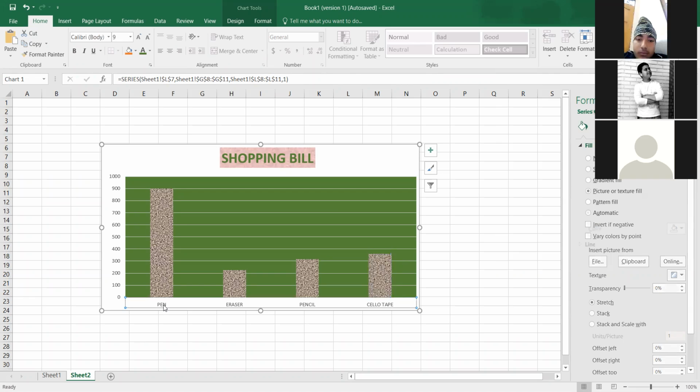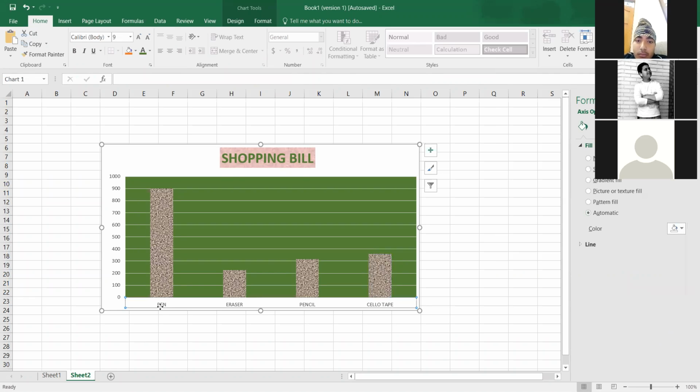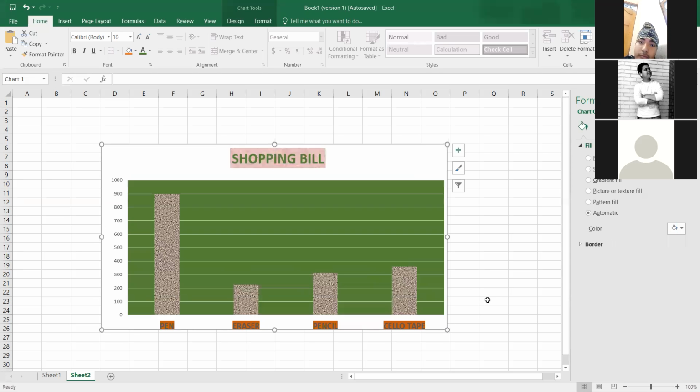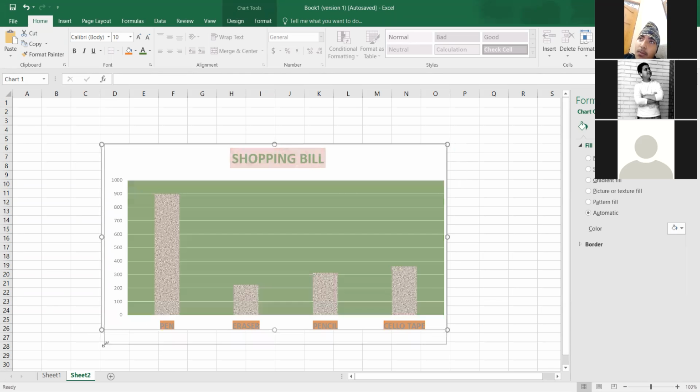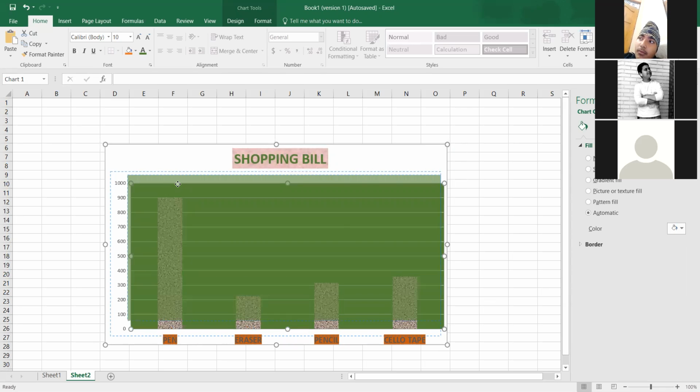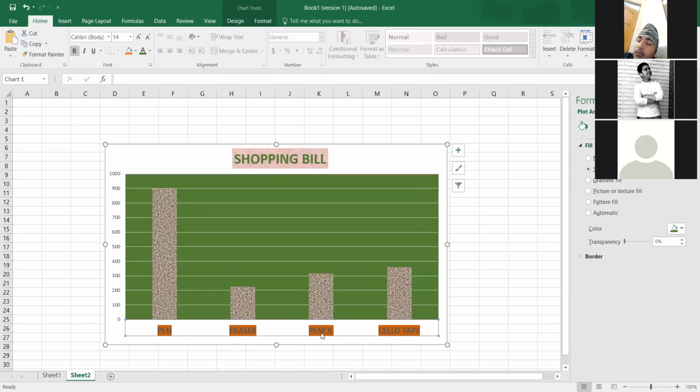Clear? Now the next, these are the axis options. Can you see these axes? This is the y axis and this is the x axis. So x axis and y axis colors you can set. You can increase the size of the axis. Bold. See. Clear? Then text colors you can change.